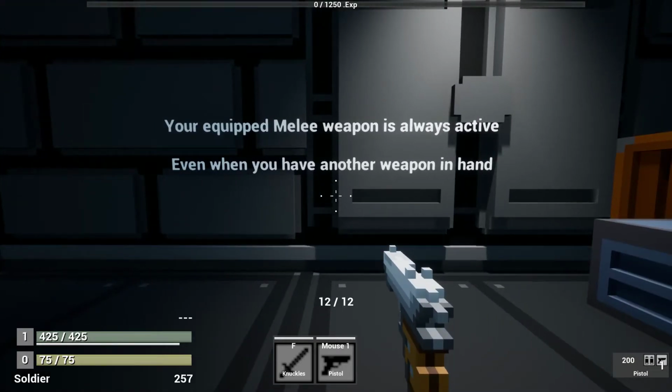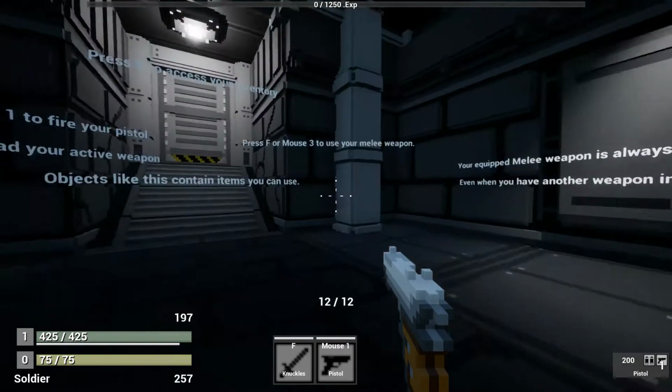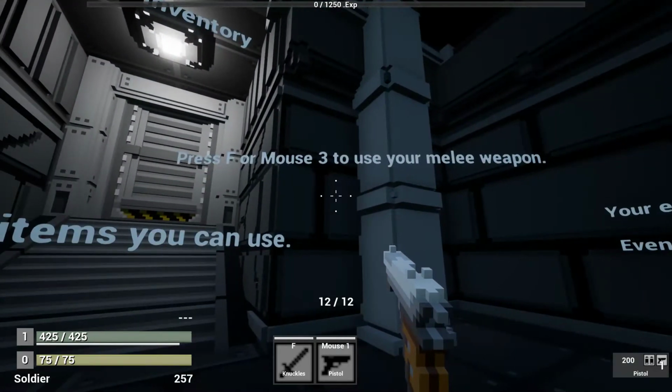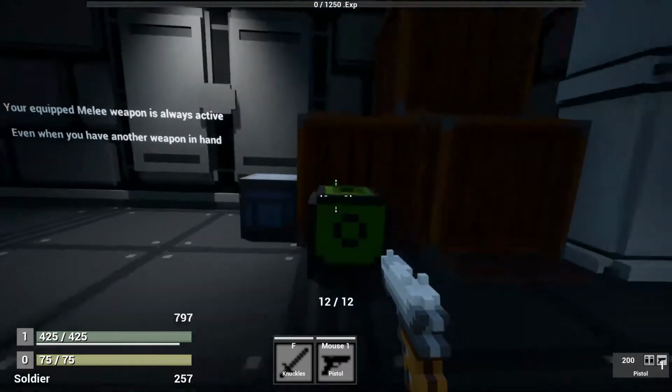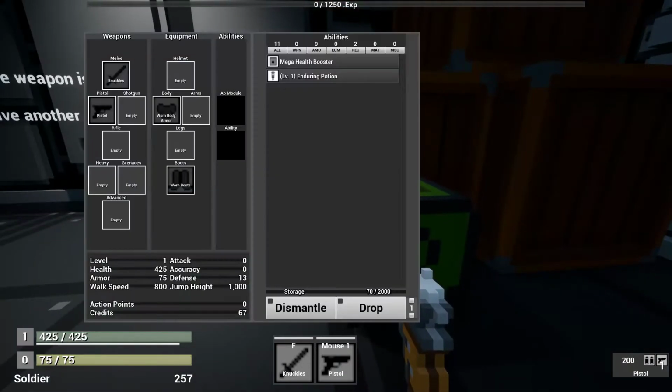Your equipped melee weapon is always active even when you have another weapon in hand. So you'll notice at the bottom of the screen, if you press F or mouse 3 to use your melee weapon, right now the idea is that there'll be a melee weapon animation,